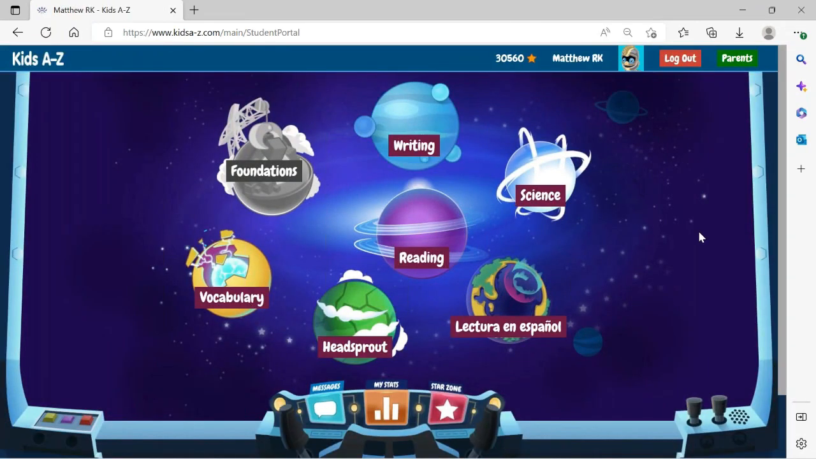And once we log into our home page, we have several different areas we're going to explore here. Now, don't feel overwhelmed with all of these different planets. You're not going to see all of this, okay? The ones you're going to see are the reading planet and the vocabulary planet, unless your school has purchased any